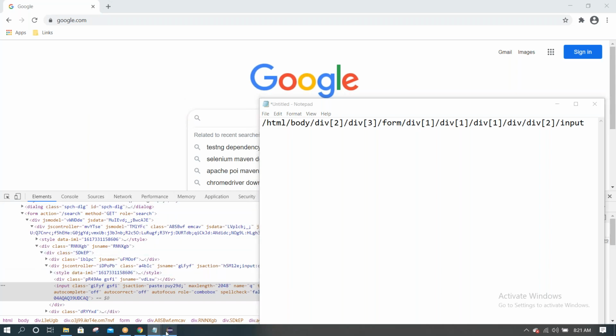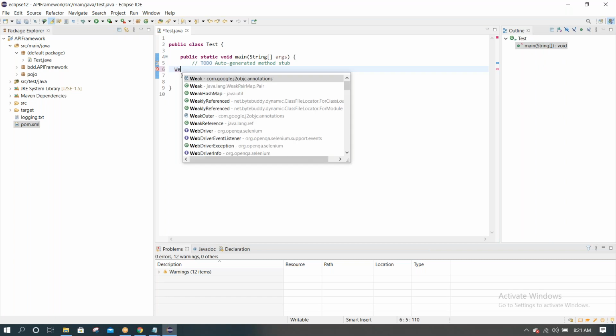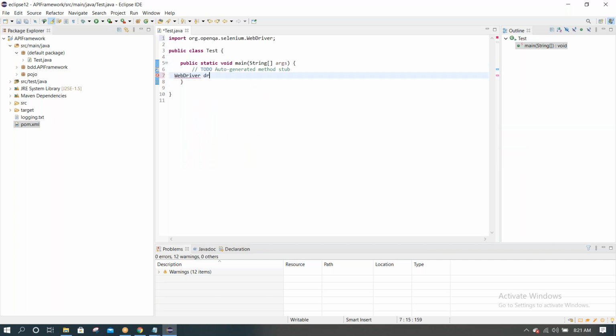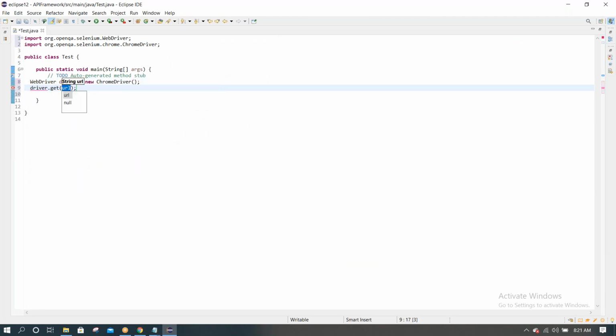While writing a script, generally we will write some URL.